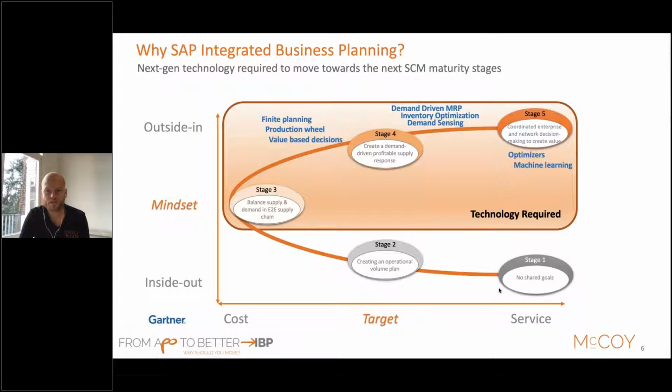At a certain stage, you will become more mature. At that stage, it is necessary to create a more operational and volume plan. At least you have to be able to plan forward in time and to estimate whether your capacity is enough to handle the demand going through your supply chain. A lot of times at this stage, you can still fulfill these requirements.